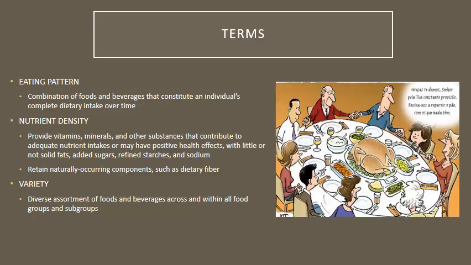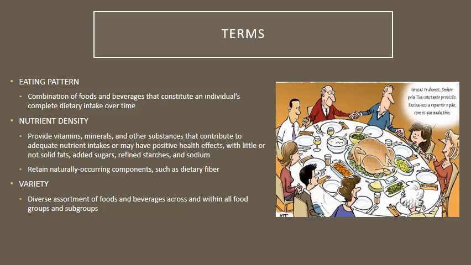Again, we're going to come back to this term, but this is a really important one, and I think it's great that in this rendition of the DGAs, they're encouraging people to focus on eating nutrient-dense foods. This is basically saying you take in a food that has a lot of great vitamins and minerals and not a lot of the lesser good stuff like the sugars, the fats, and the starches, refined starches. So examples would be, like the extreme example would be something like kale is actually one of